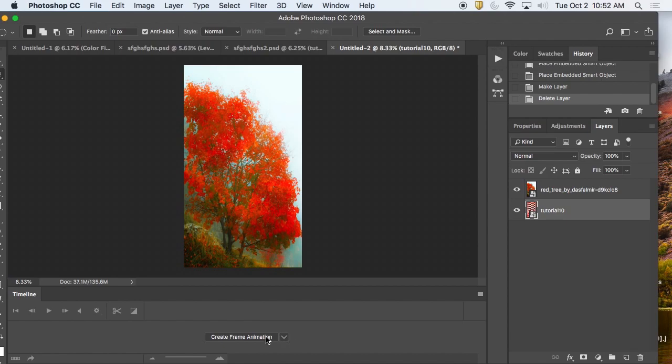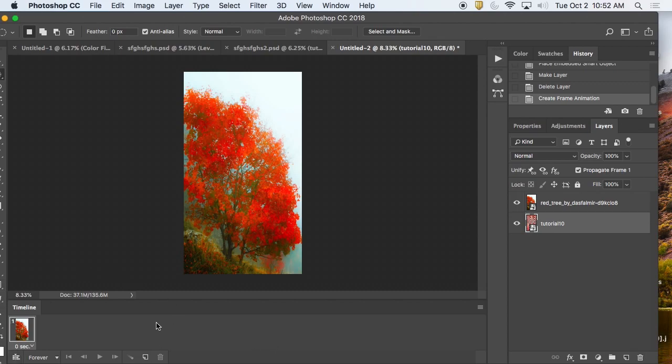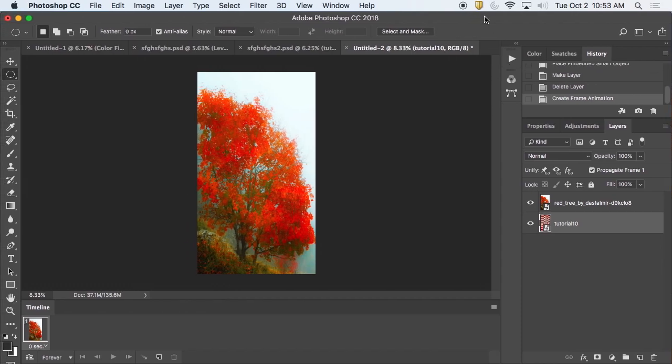And I'm going to click the button, and you're going to see this makes a little thumbnail over here on the left. A frame animation is just like an old style cartoon, okay, where you have one animated cell after one animated cell after one animated cell. And then you play those cells in sequence, and it creates an animation. All right.